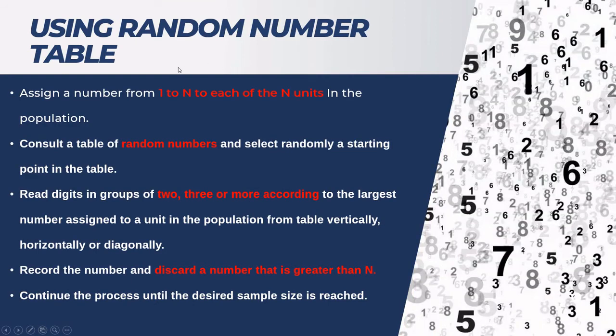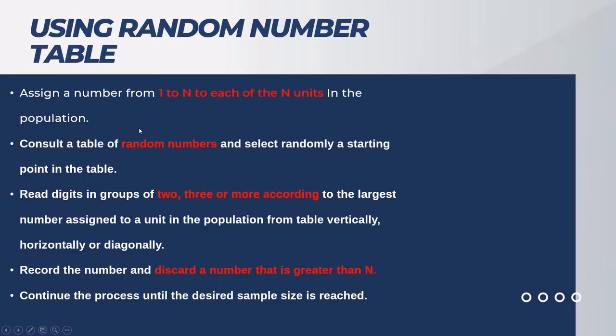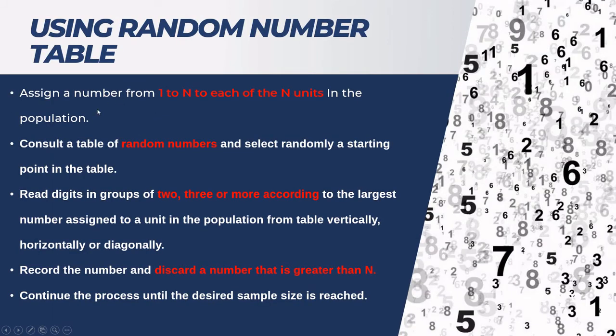Random number table. In random number table, first step is to assign a number from 1 to capital N to each unit in the population. Consult a table of random numbers and select randomly from a starting point. Read digits in the group of 2, 3 and more according to the largest number assigned to a unit in the population from table vertically, horizontally, diagonally, and at the end record the number and discard a number that is